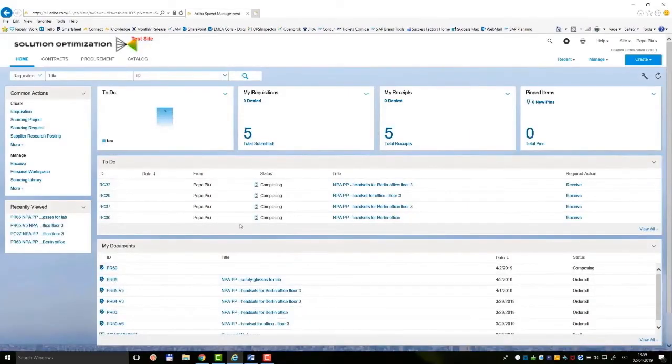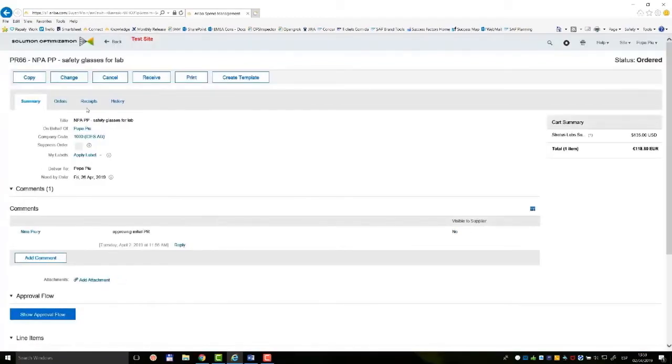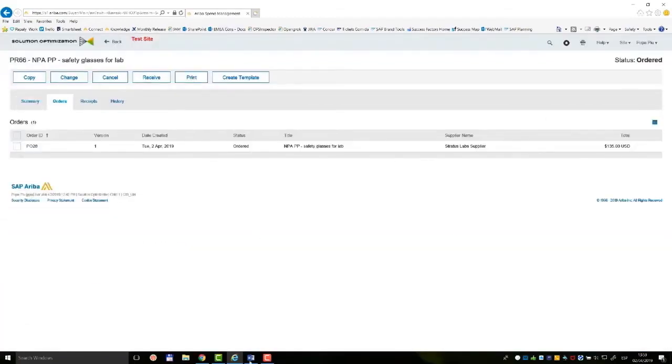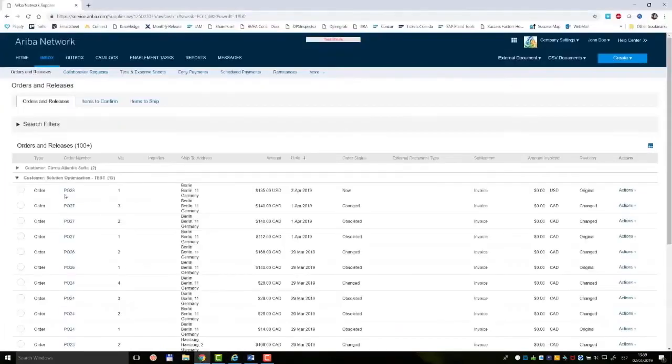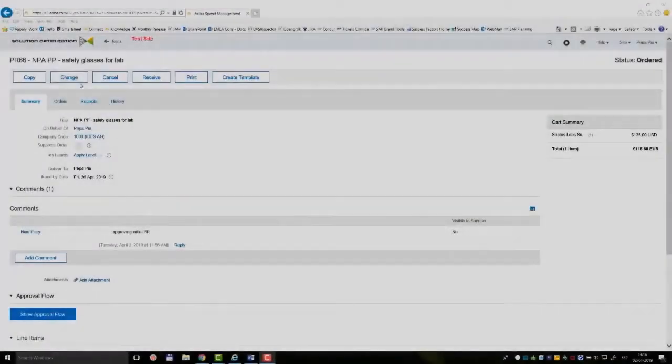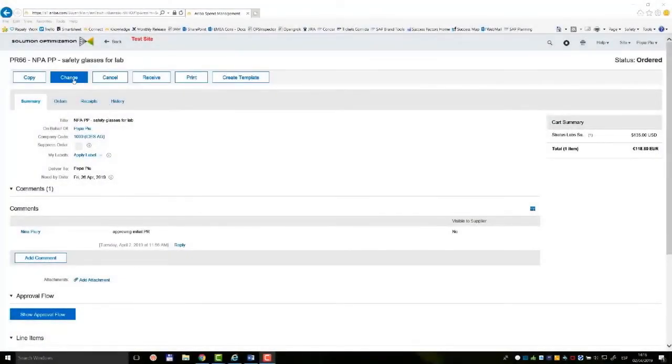We have already our requisition 66 created in the system that we submitted, and a purchase order was generated and sent to the supplier. So the supplier can see the PO28 as new already in his inbox. So let's change the requisition's quantity,